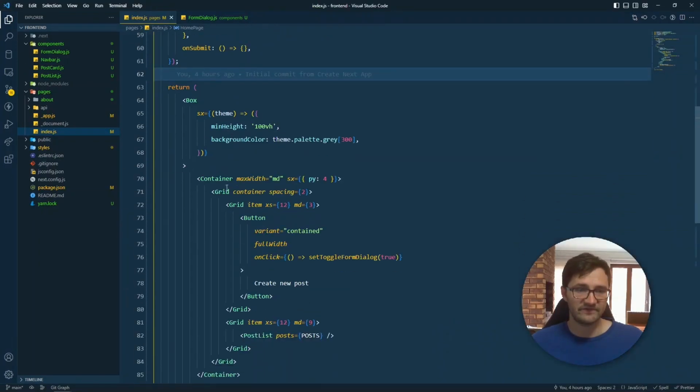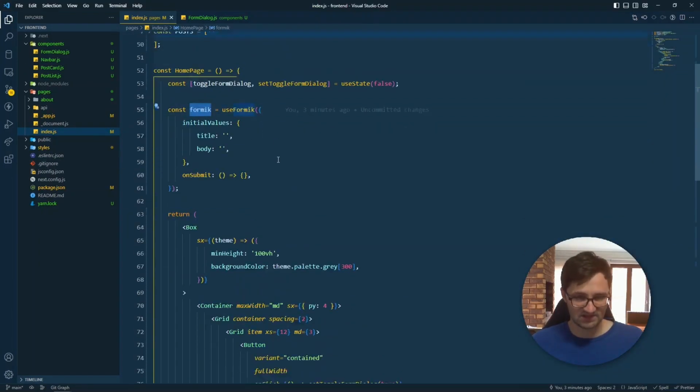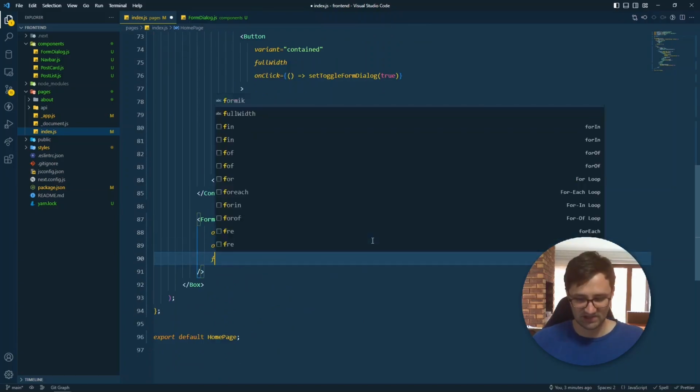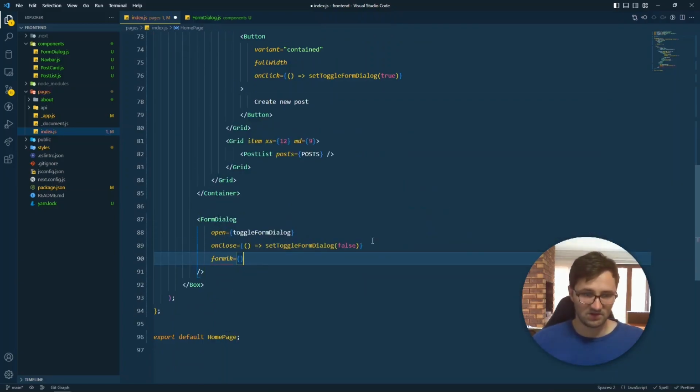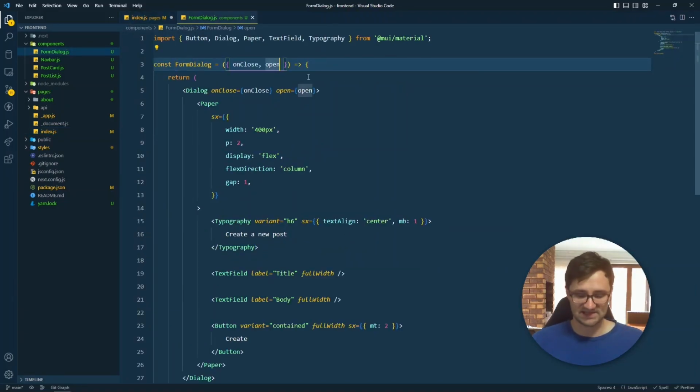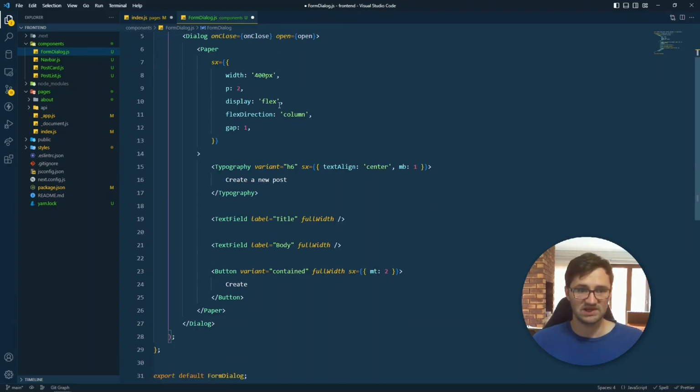So we want to give this Formik object to our new dialog. So in here, let's add the Formik component and then just pass it in as a prop. And let's pull it out from here. We're pulling out that Formik object. And now we want to use that with our title and our body value. So we're going to set the value equal to